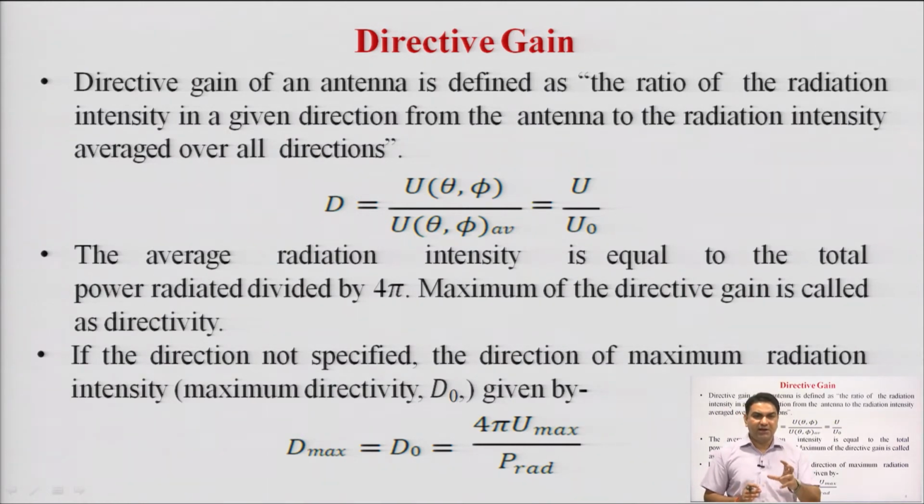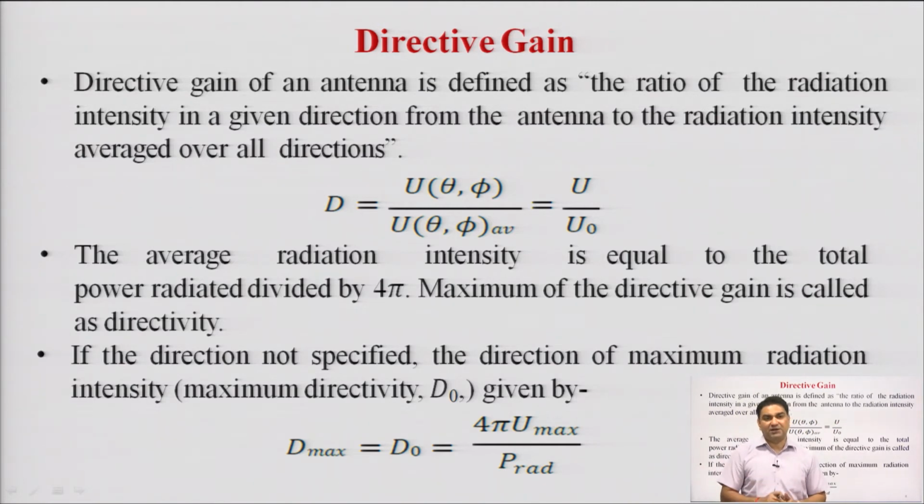Actually, the gain of an antenna defines how much radiated power can be transmitted in one particular direction from a transmitting antenna and how much power can be received from a particular direction through a receiving antenna. The ability of an antenna to extract, transmit or radiate this power is known as the